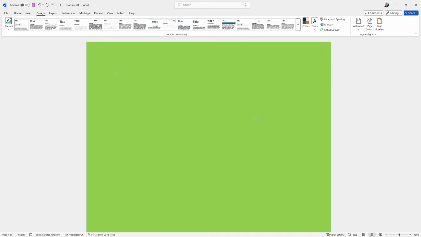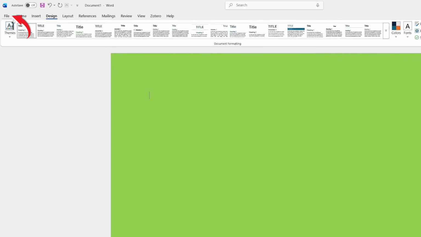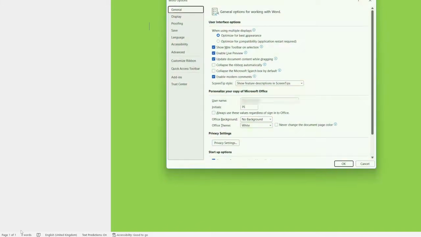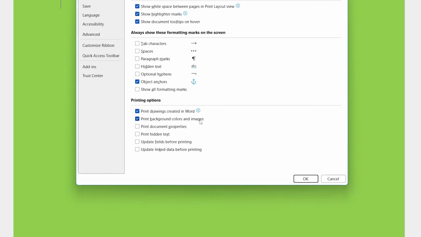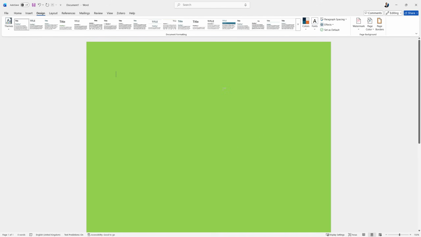If you're looking to print this document or export it as a PDF, we've got to enable an option. Click File, then select Options, then click Display, and we've got to make sure it says Print Background Colors and Images, then click OK. If you're looking for something a bit more interesting, like an image to be your background,